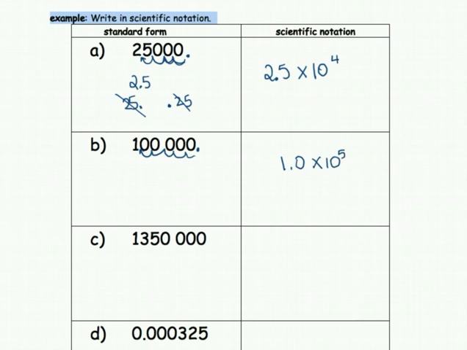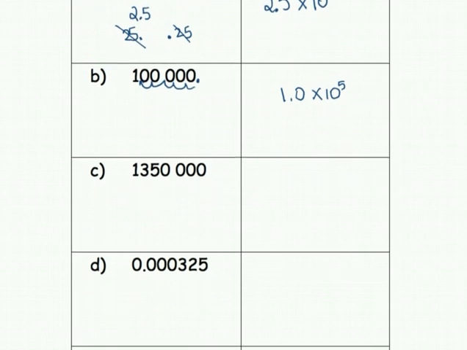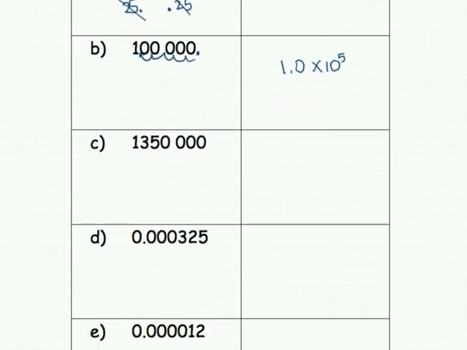Okay, and then the next one here. There's a decimal, and again, let's move it. 1, 2, 3, 4, 5, 6. Okay, so I am moving the decimal so it's a number between 1 and 10, and then I'm writing times